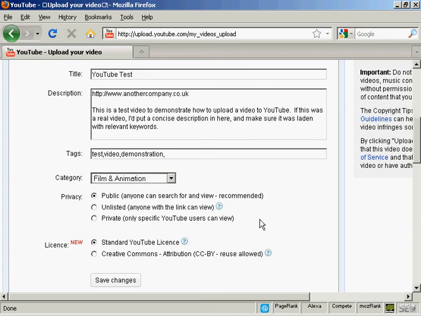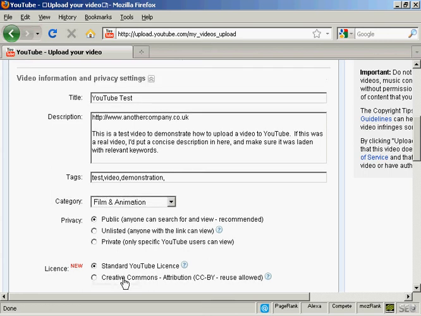Then there's the license, standard YouTube license, or there's the Creative Commons attribution, and this is primarily used if you are creating a YouTube video out of still images or stock footage that's being released into the public domain with that sort of license, so you can keep it in the same sort of license. Okay, click on Save Changes,